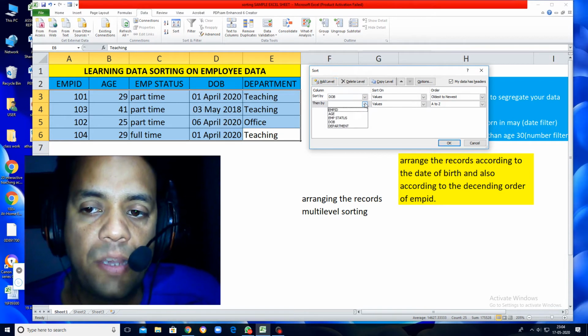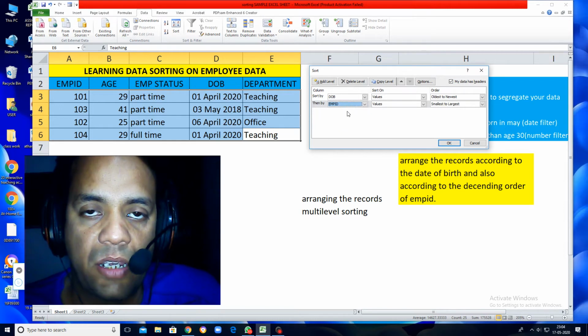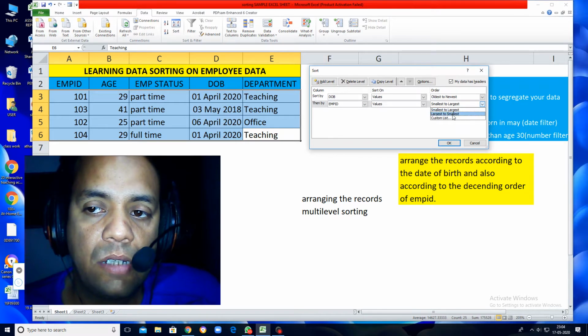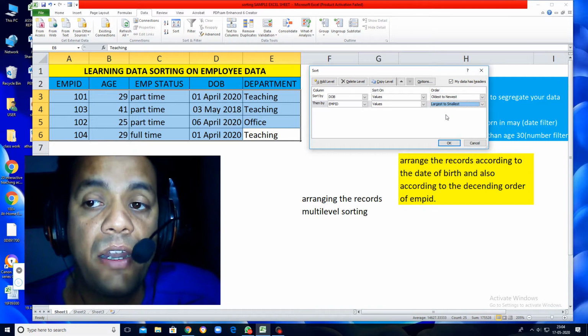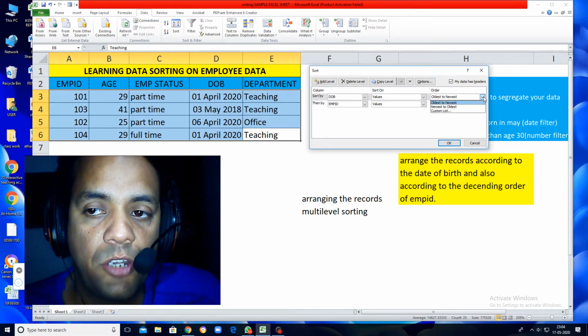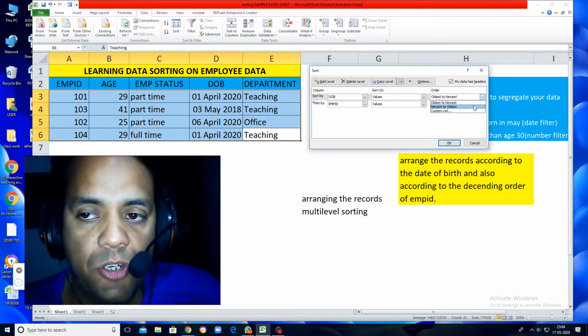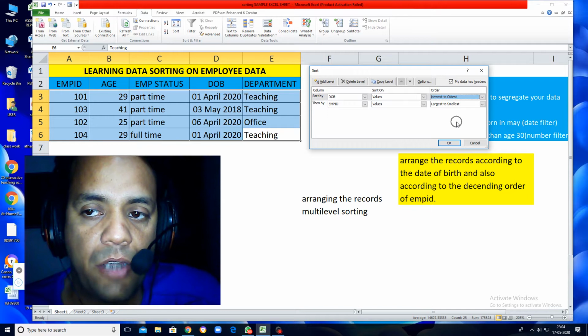Now I will choose my second column, and that is employee ID. In employee ID I want largest to smallest, because which order do I have to follow? Descending order. And in date of birth also, if you want to change it to newest to oldest, you can do that.